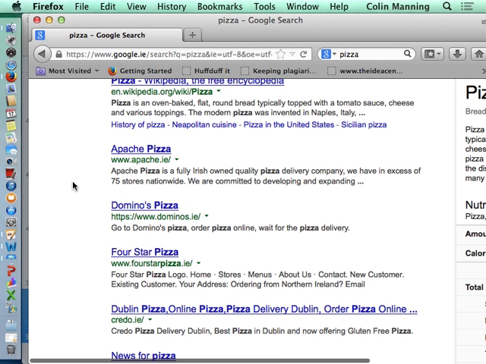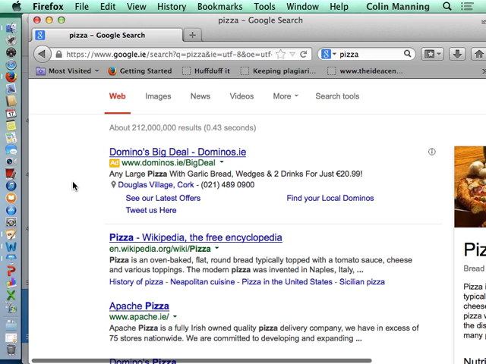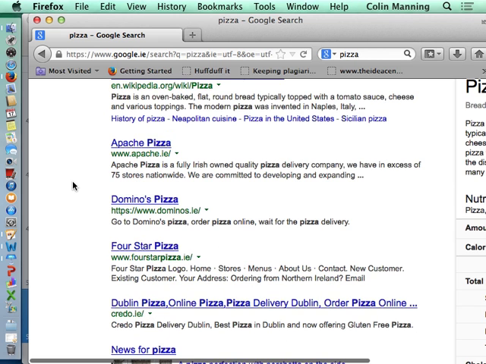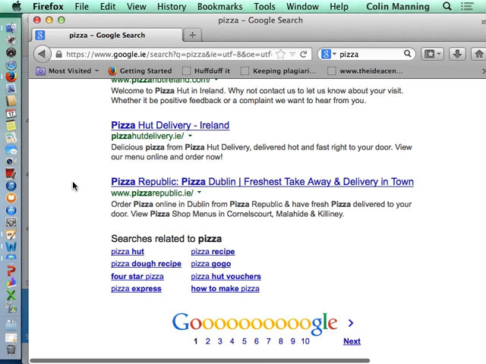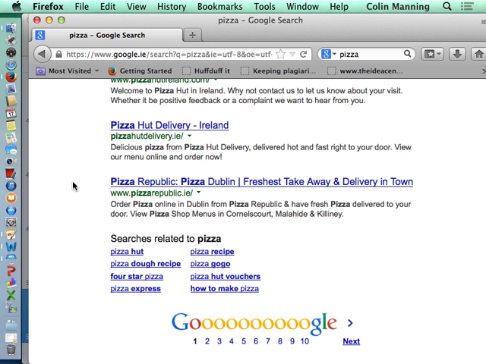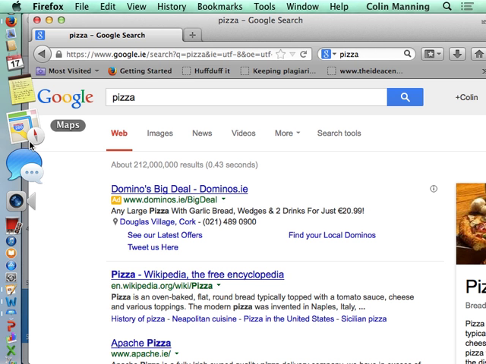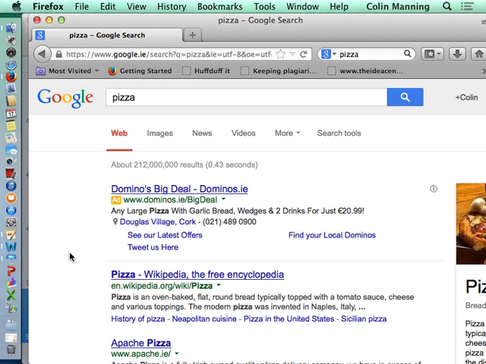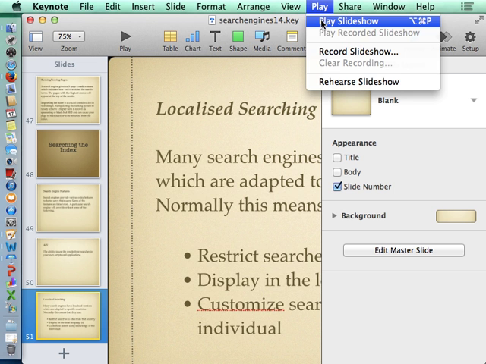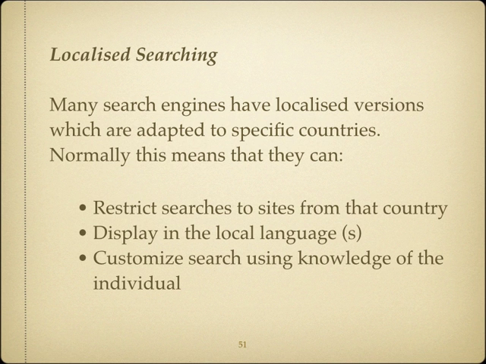So it knows where I am. It also knows, look, that I prefer my search results in English. If you are Polish, for example, you might find that your searches come back different because it might decide that you like to look at stuff in Polish too. You might have your browser set that way, or it just might have figured out that about you. Which brings us to the most important thing. It's knowledge of the individual.